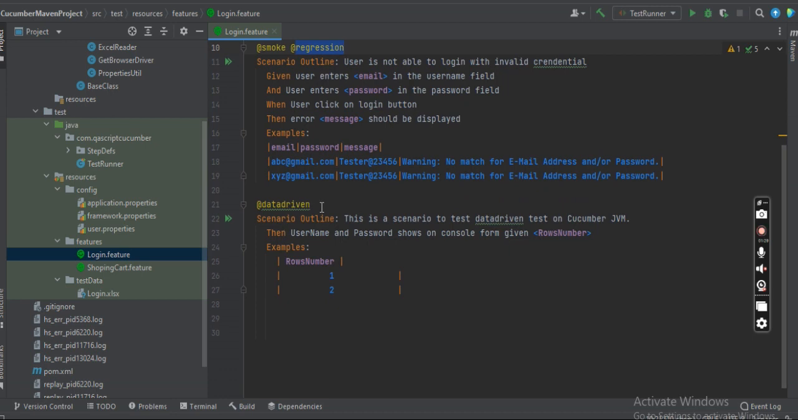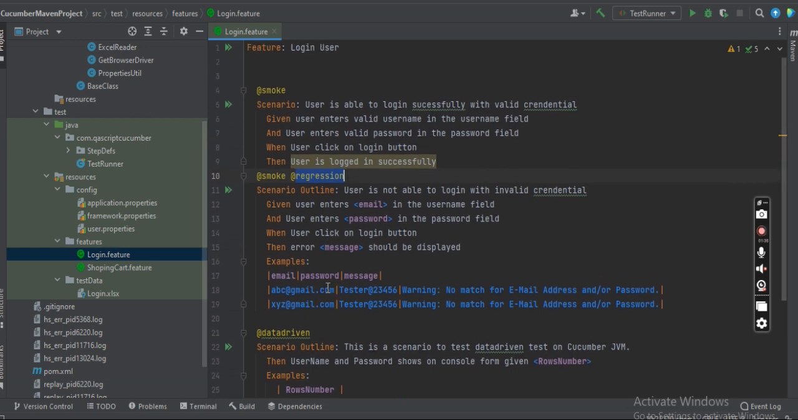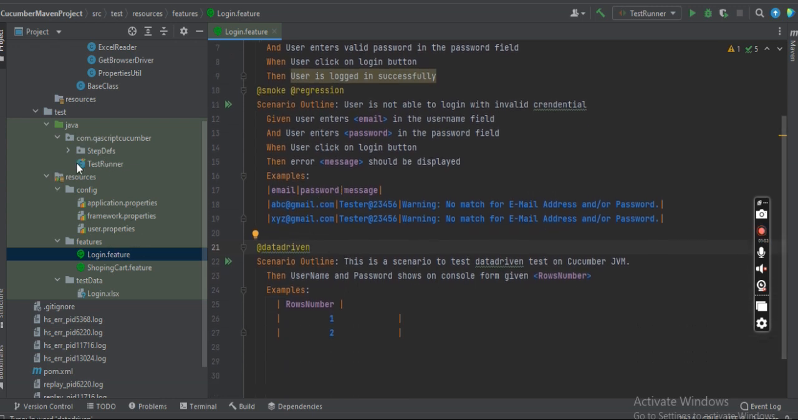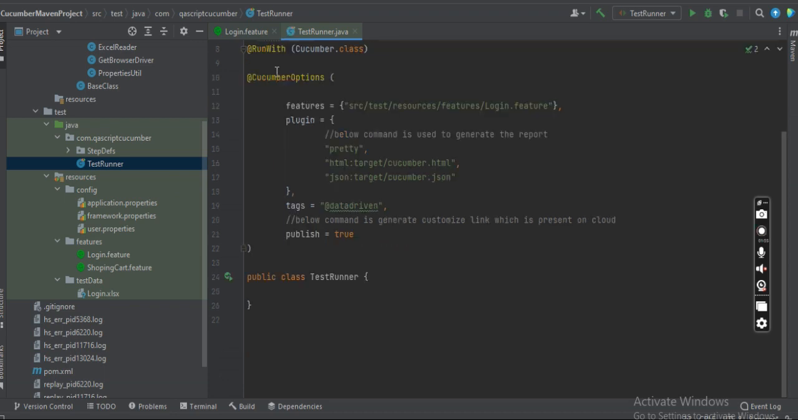There is one more scenario which I have written for data driven testing. I will cover this scenario later, but you can see I have tagged it as @datadriven. If I need to execute this particular scenario by tag name, in the test runner file, inside the Cucumber options, we use tags and give the tag name. Here I give @datadriven, and when I execute the test runner file, it will execute only